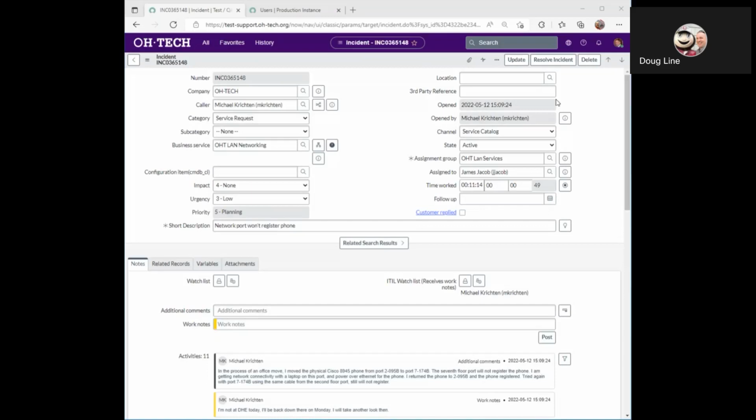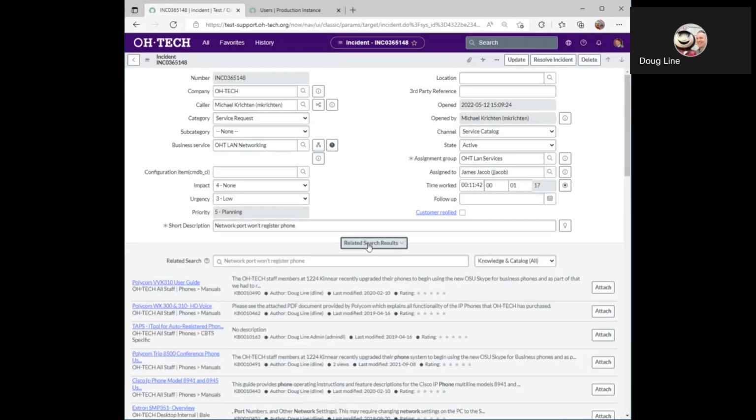And we want to take a few moments and share with you some new technology that's being introduced with the San Diego release. It's called Contextual Search. You can access this by, we are right now on the test instance here. I'm on an incident, and if we click on the related search results,